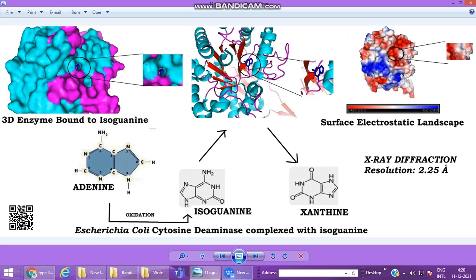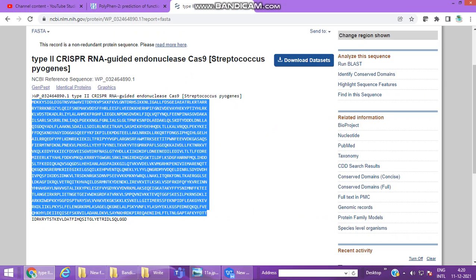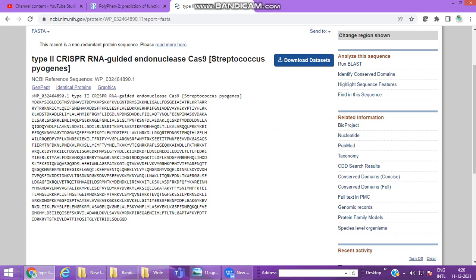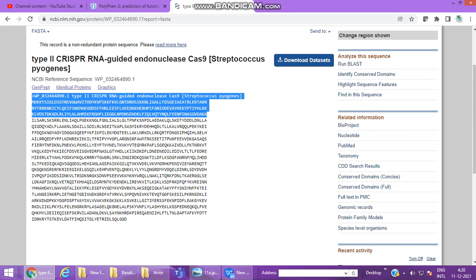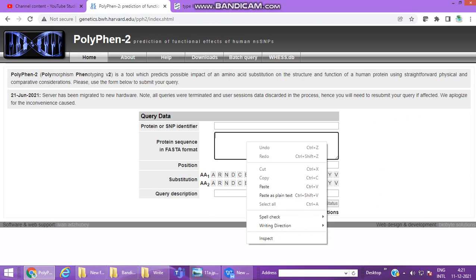So what exactly happens is, is there an ability that we can change the structure of the enzyme itself, so that we can add some more beneficial aspect in this particular endonuclease? In order to do so, there is a toolbox which will help you to understand, which works on the principles of a probabilistic classifier method, to find out what happens when we undergo some kind of modification in the amino acid sequence. So this is the toolbox, and we are pasting